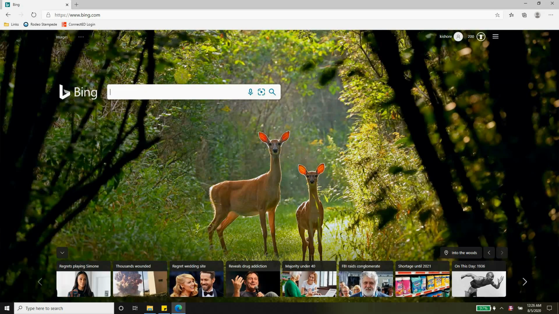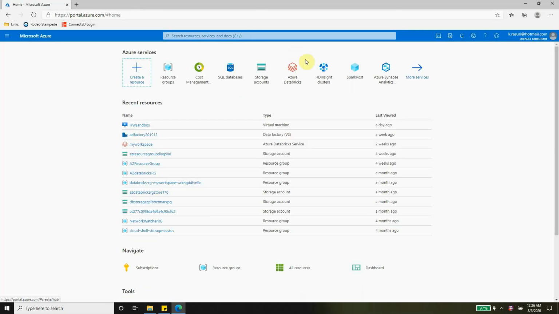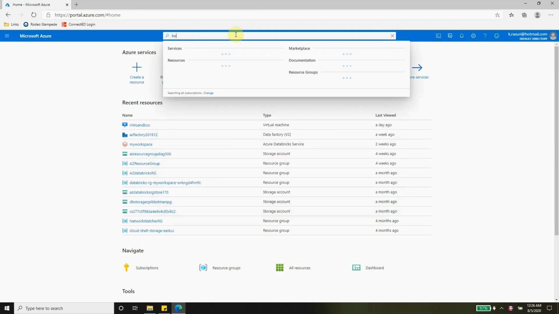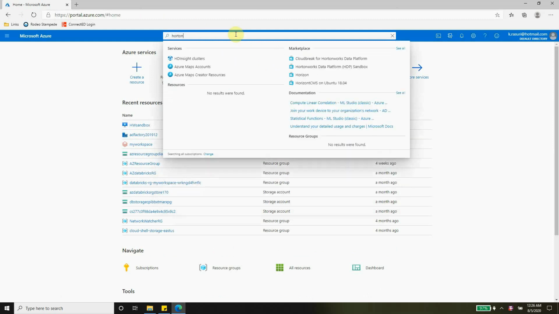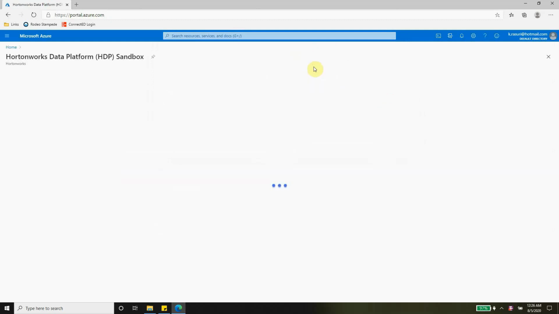So the first step is to log into your Azure Portal. Go to portal.azure.com. Here you can search for the HortonWorks Sandbox. Just type Horton, and in the marketplace you'll see HortonWorks Data Platform. Click on that one,